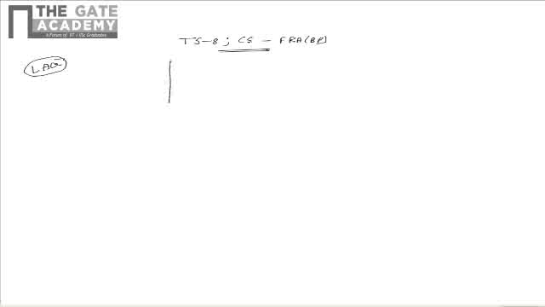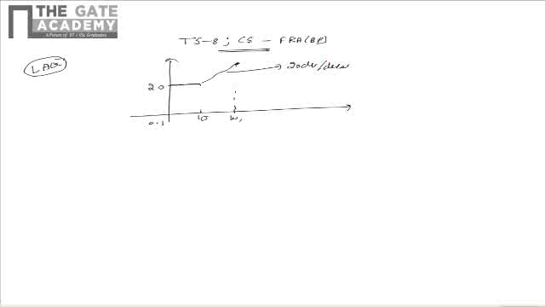As per the question, the Bode magnitude plot of a control system is as shown in the figure. The Bode magnitude plot has a magnitude of 20 dB from 0.1 to 10 radians per second, and from 10 radians per second to omega 1, the Bode magnitude plot increases in a linear fashion with a slope of 20 dB per decade, and at omega 1 it reaches a value of 26 dB,